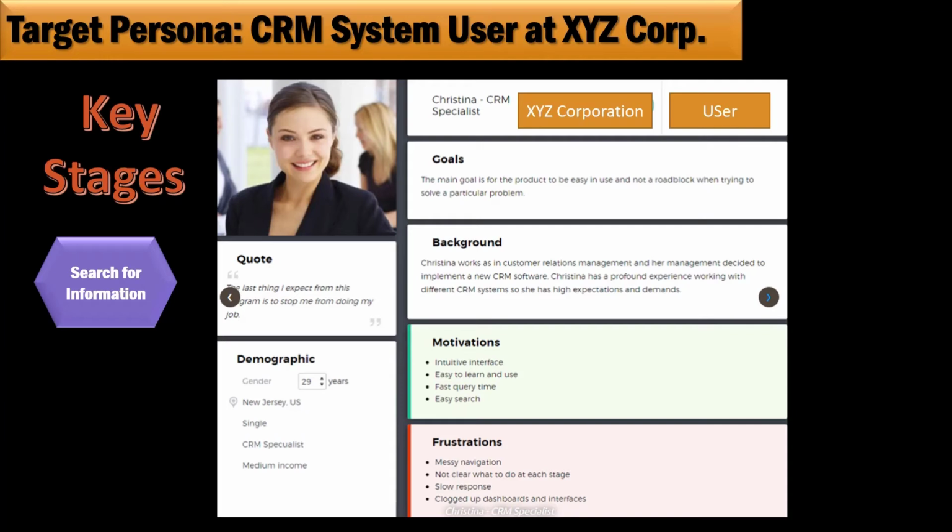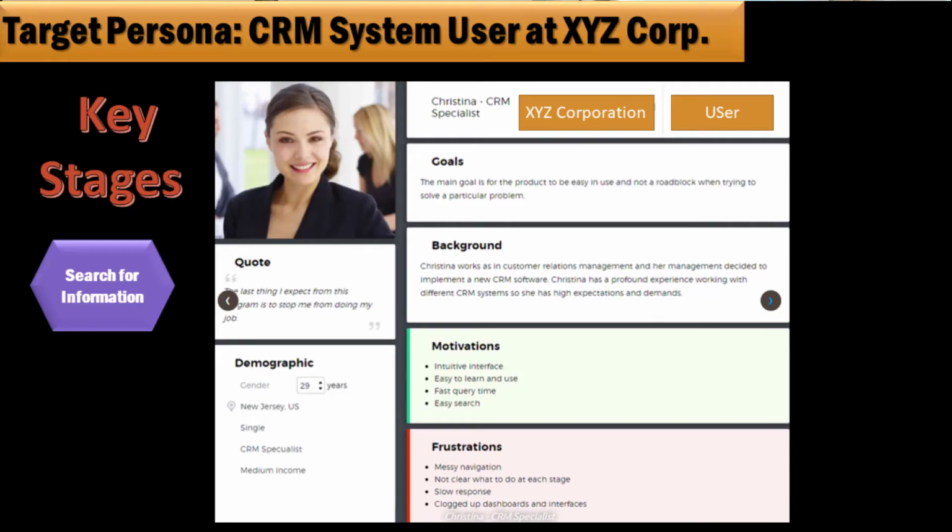So she's a user. She's basically going to use the product that you're going to buy. You're in this imaginary situation. You're selling a CRM system. CRM stands for Customer Relationship Management. So that's a product that helps organizations track their relationships with sales organizations. So you could be selling anything here, but I'm just using a CRM, so you've got some familiarity. Christina is going to be a person who's using the system.